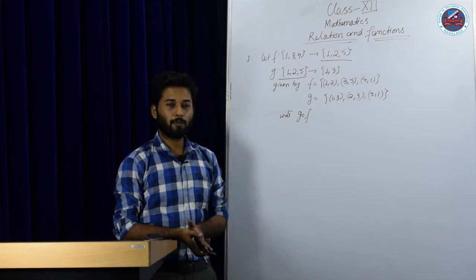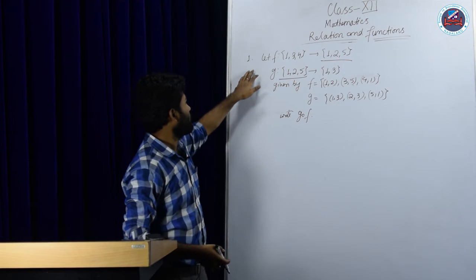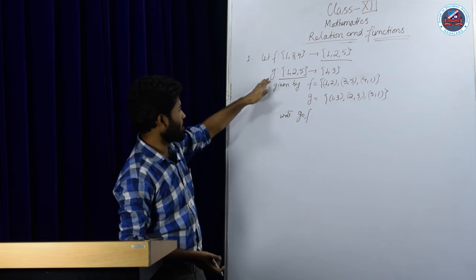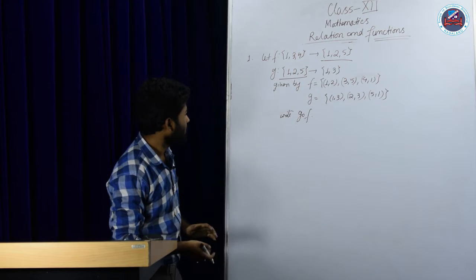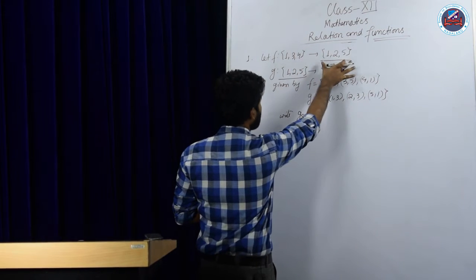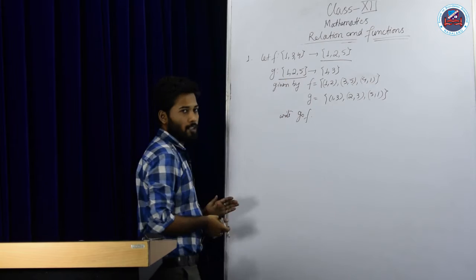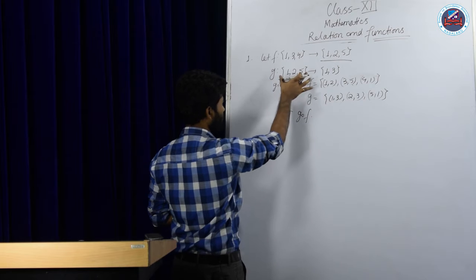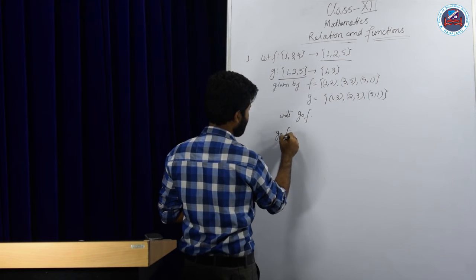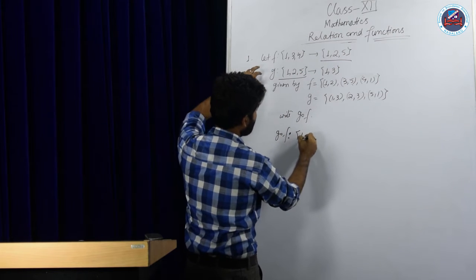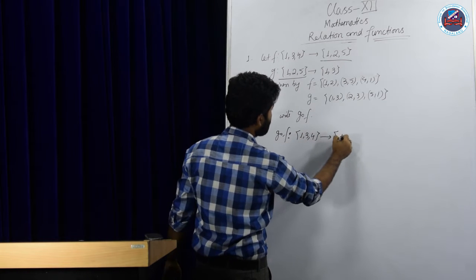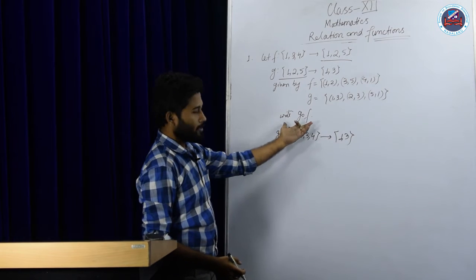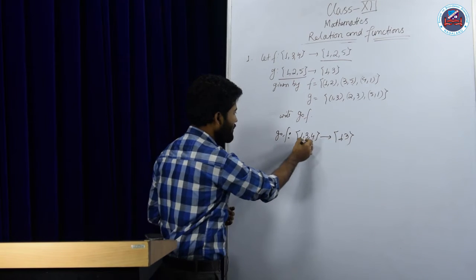So let us see an example from the exercise. Here the given function f is from {1, 3, 4} to {1, 2, 5} and g is a function from {1, 2, 5} to {1, 3}. So clearly we can see that the codomain of f and the domain of g are the same. Since f is a function from {1, 3, 4} to {1, 2, 5} and g is a function from {1, 2, 5} to {1, 3}, our g of f will be a function from {1, 3, 4} to {1, 3}. So what we need to write is g of f of each of these elements.